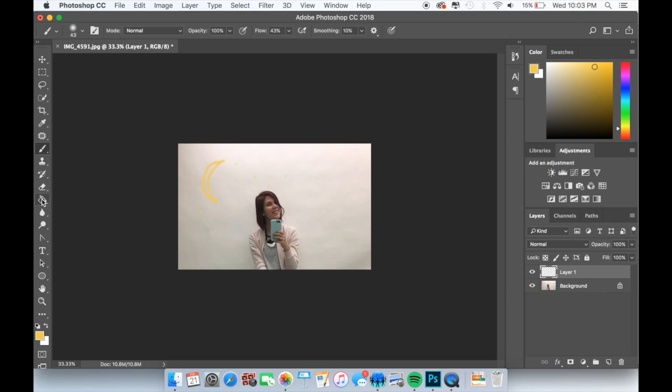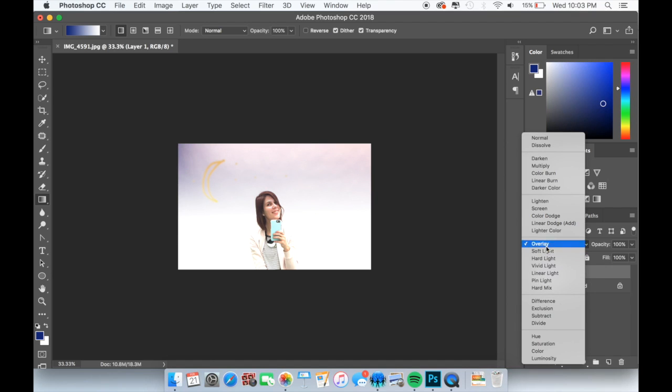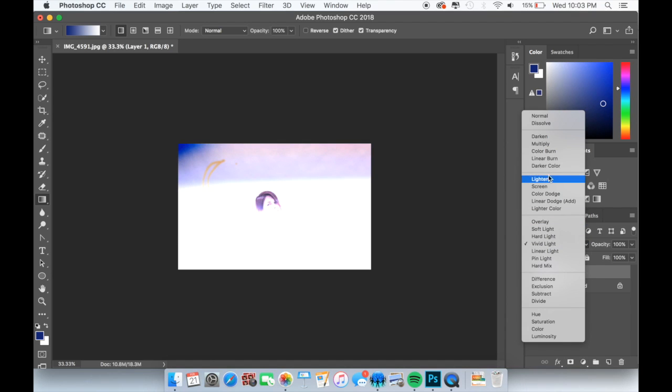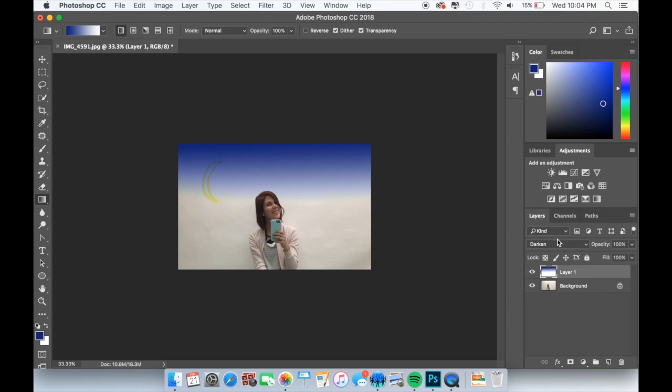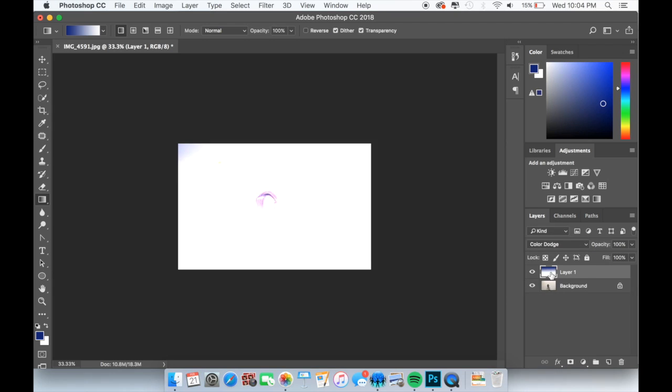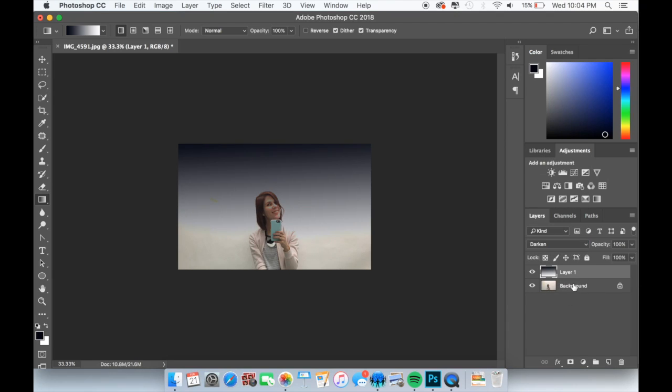So right here again, you're going to see me make some mistakes and try some things that work better than others. So I am currently using the gradient tool, and that goes right over top of the moon I just drew. So that affects our drawing in a different way, and I'm going through the different effects here in my modes to see if I can find one that'll work a little bit better with my drawing. I do this for a while, and it's good to try out different features to see, because we don't all have Photoshop figured out